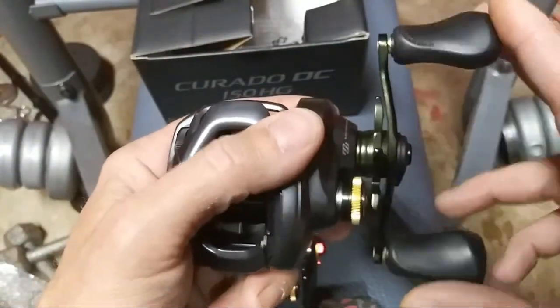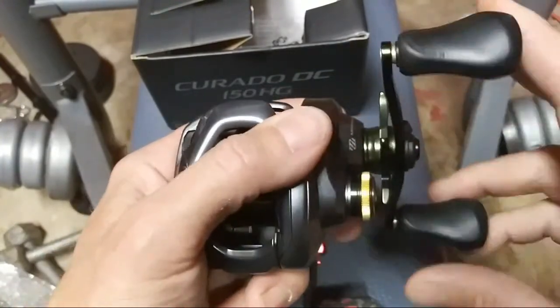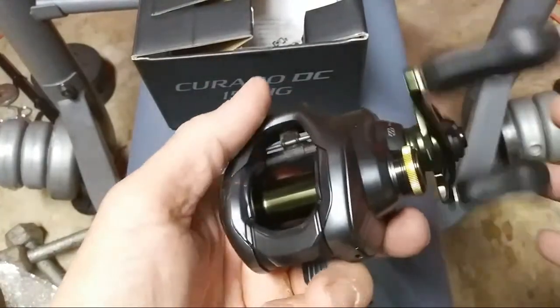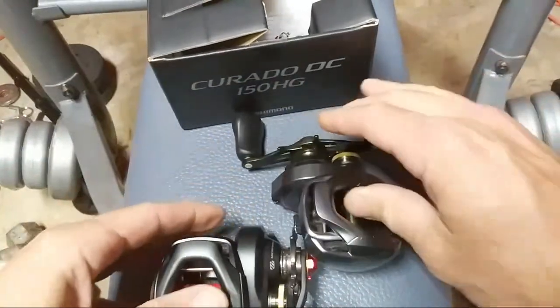I think my cousin has reels he's had about 10 years, never torn them apart and oiled them, and my son I know has some for 4 or 5 years or more. Never been cleaned, still work good. But they were higher end stuff. So anyway,